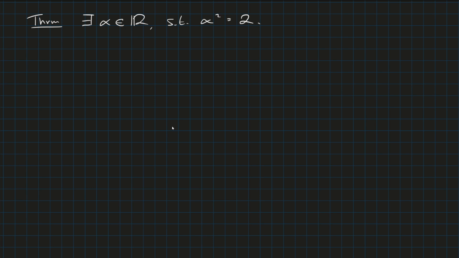So, we know root 2 is not a rational number, but we need to prove that it is on the real number line somewhere. It's in the set that we've constructed. And we have to remember what the real numbers are, right? So remember R,